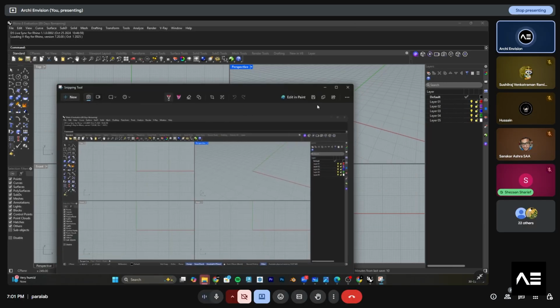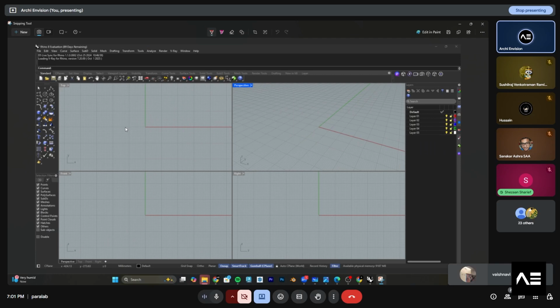So this is how the interface will look after installation of your Rhino. It will have a basic notation showing how many days the license will be valid. It will say the version: if you have 8, it will say 8, and if you have 7, it will say 7.